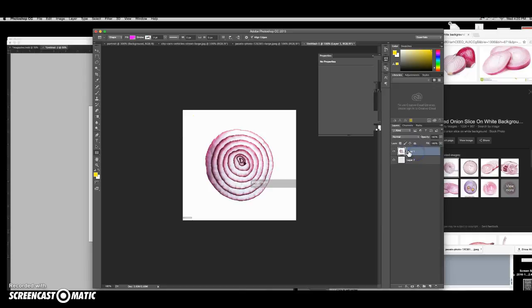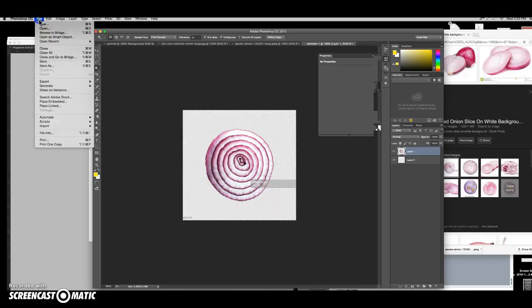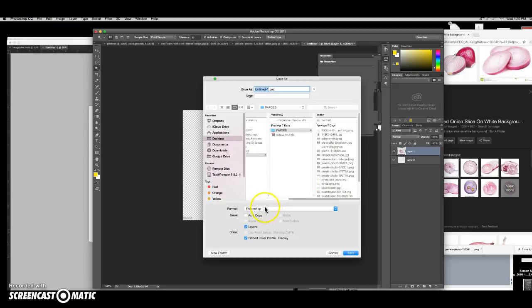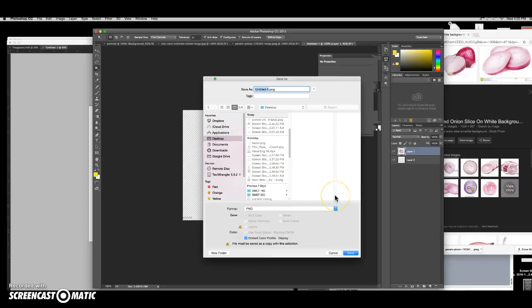Then what you can do is when you're clicked on your layer 1, you can click your magic wand tool, or you could draw around it. Magic wand's easy for this white background, and just click in this white area and click delete. And then you see this checkerboard background in the back. And then you File, Save As, PNG, onion,